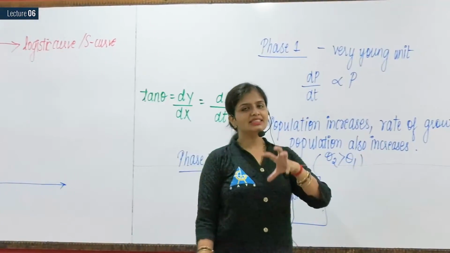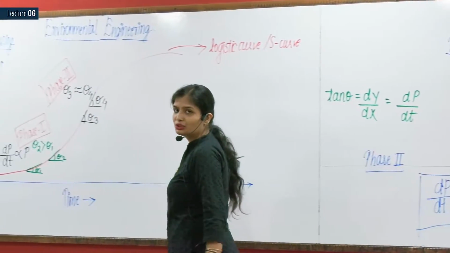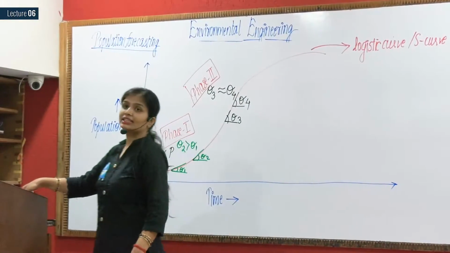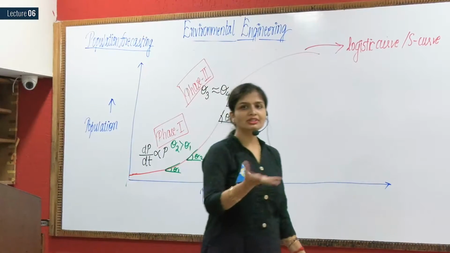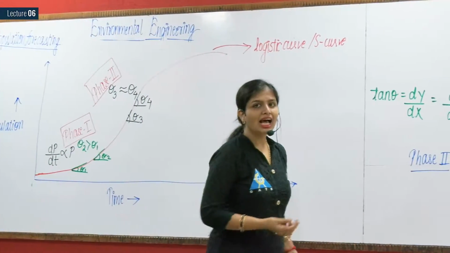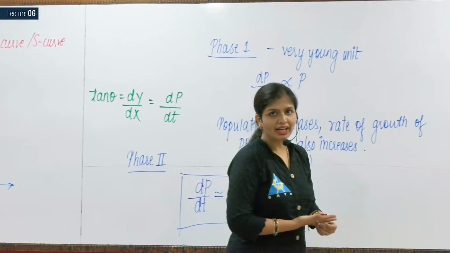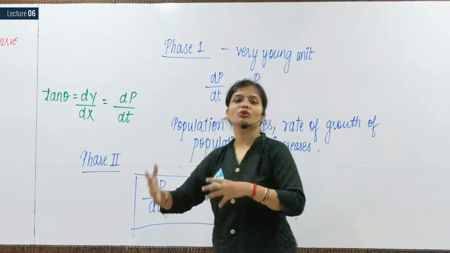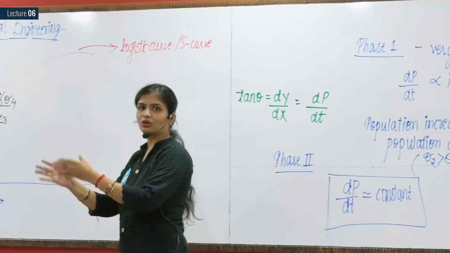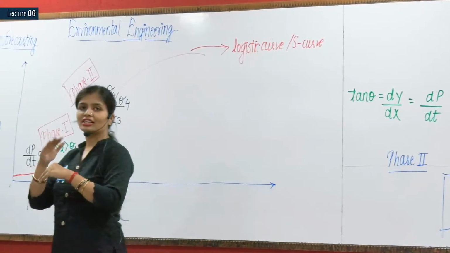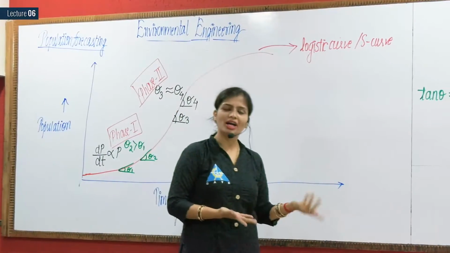Reason is, this city is newly developed. Fine. Let us suppose New Raipur, New Bhopal, this city is newly developed. So what is happening? The demand is less and the supply is more. Because initially the population is less and so the demand is less, but the supply is more. Fine. So what is happening? The rate of growth of population is increasing, right? Because you have been provided with all the facilities and rates are considerably cheaper because it is a newly developed city, and you're provided with all the demands which you need.